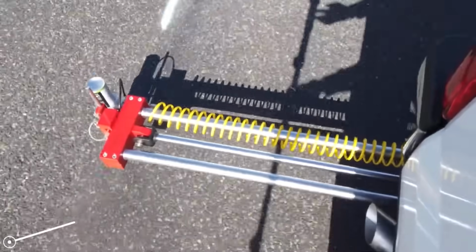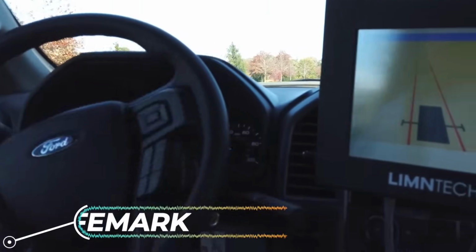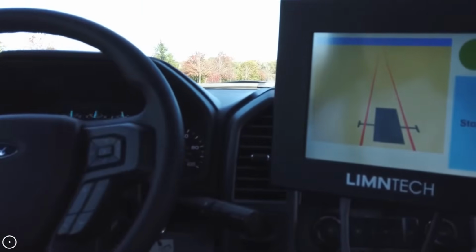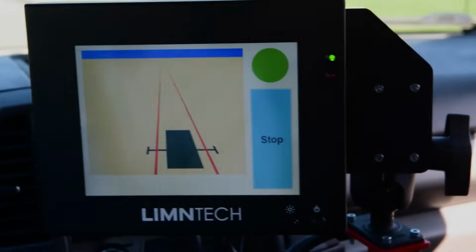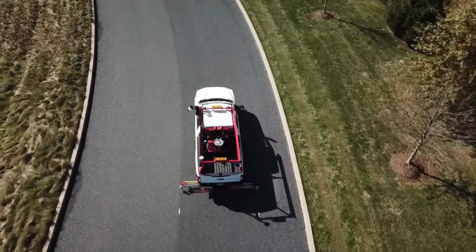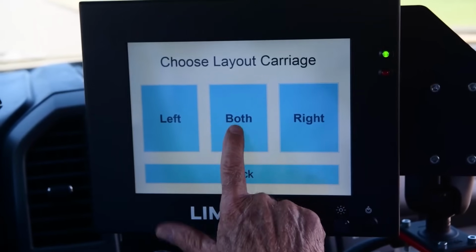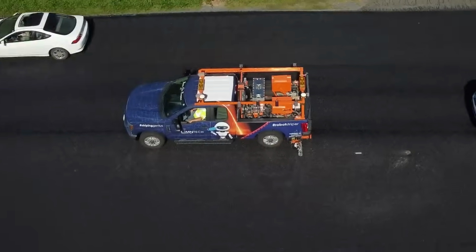The LifeMark is designed to make pavement marking faster, more accurate, and less labor-intensive by automating key parts of the layout process. With smart technology doing the heavy lifting, they help crews get the job done right the first time, without shutting down roads or working late into the night. The LifeMark 100